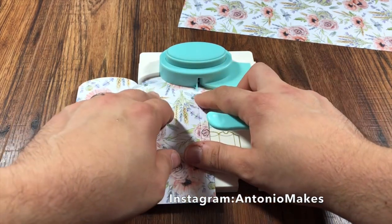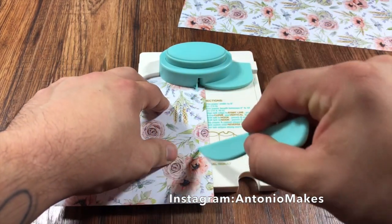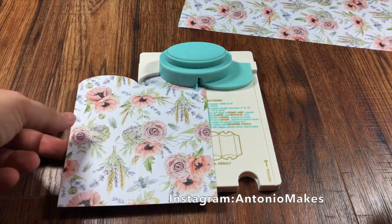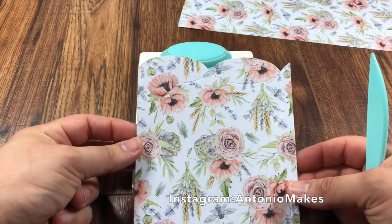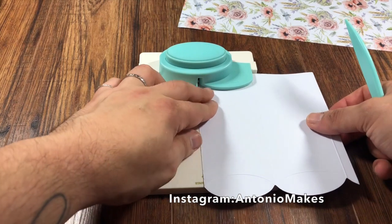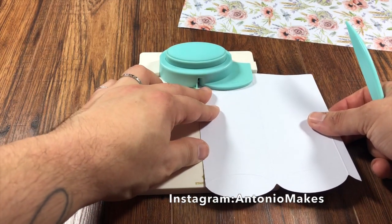Right, that's it. And then as you can see, this line will match the start line, and then you punch again, and you end up with something like that. What you do, you turn around and do exactly the same. Okay, so you position on the start line,